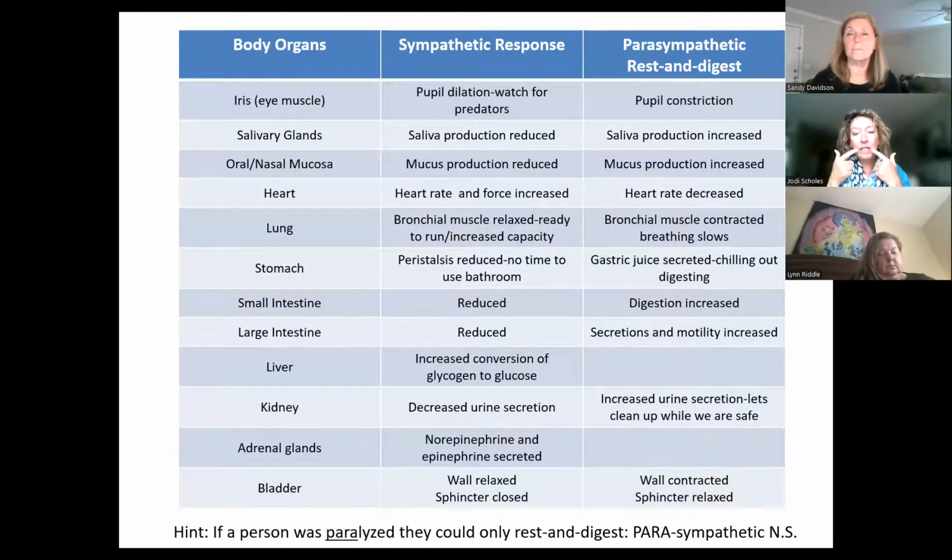There's actually chemicals in our saliva that help to start breaking down the food. So during a sympathetic response, mucus production. I mean, yeah, when somebody lays prone, sometimes they wake up and they've got all this mucus, right? Well, that's partially because they're laying face down and it's trying to release, but also it's a part of the rest and digest.